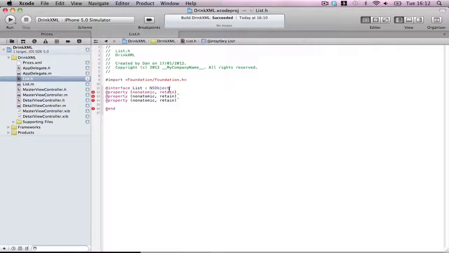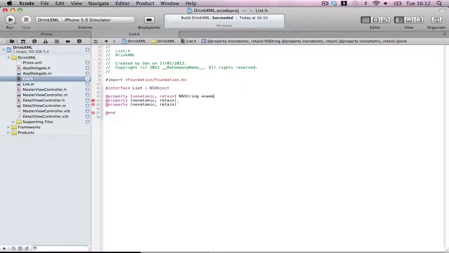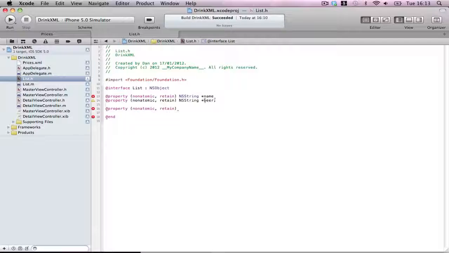Now, as you saw, we had a few things. NSString, name. NSString, beer. NSString, cider. More. I forgot something there, didn't I? NSString, Guinness. Yes. Now, you may notice there's actually one more thing we didn't have there, which is the ID, but